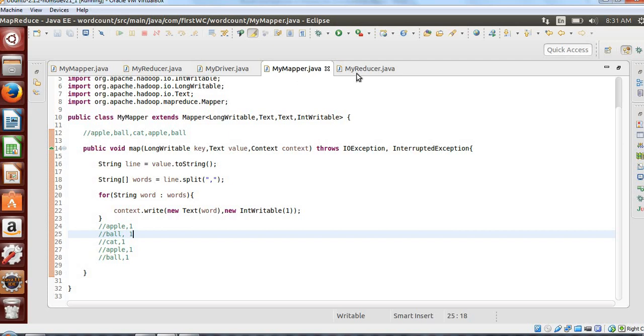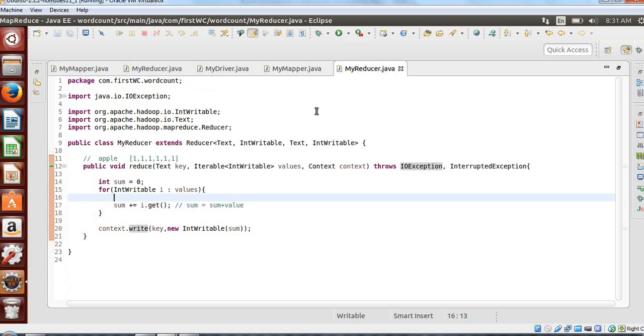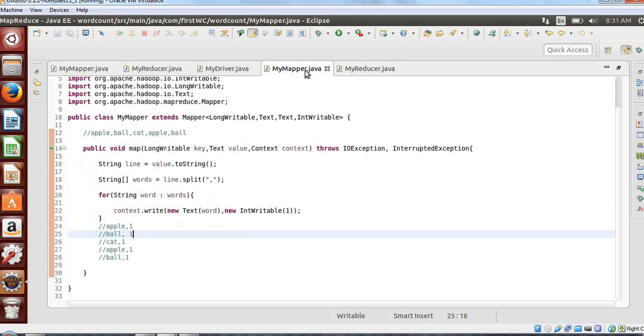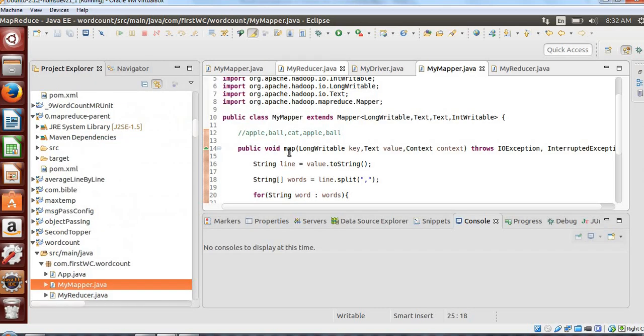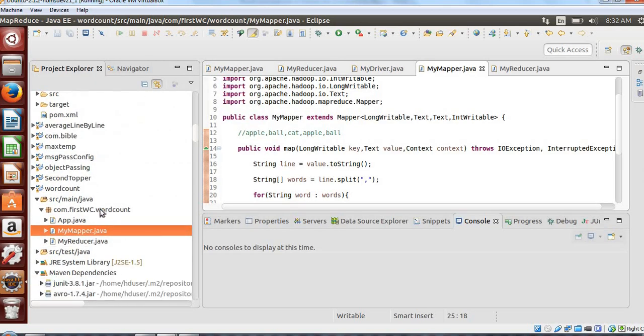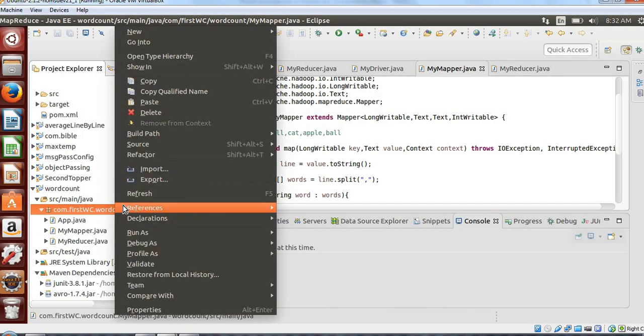The mapper and the reducer classes are the ones where you need to write the actual logic. The driver is common for almost all of them, we just need to add 1 or 2 lines in the driver, that's it. Most of the things in the driver are the same. Okay, so let me add a new class, driver1.